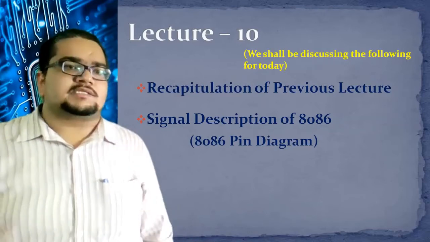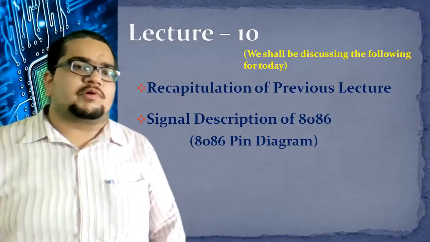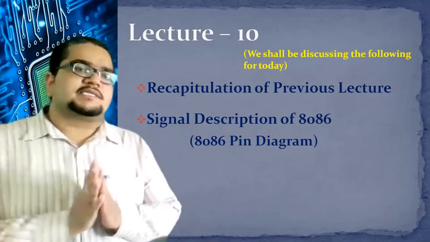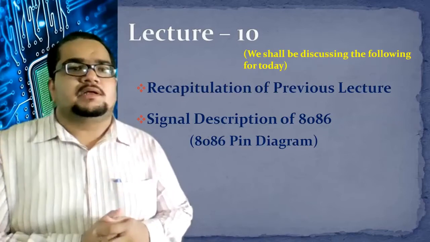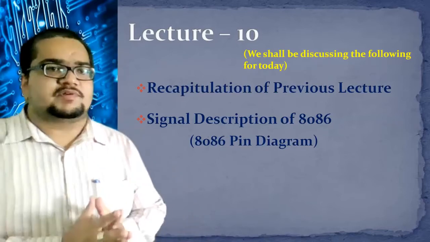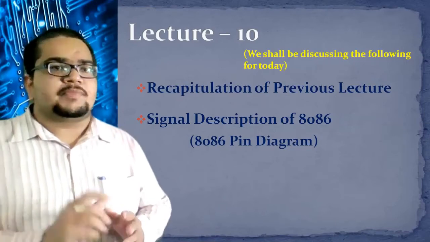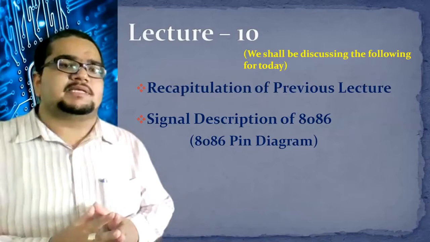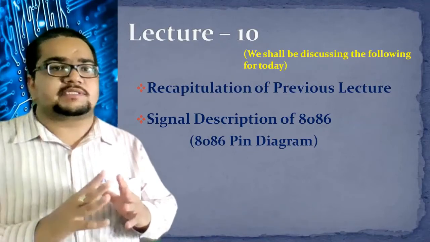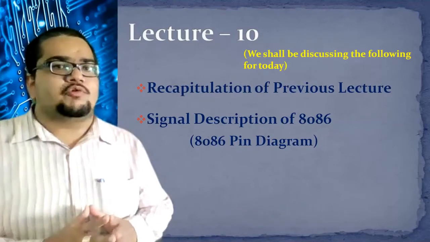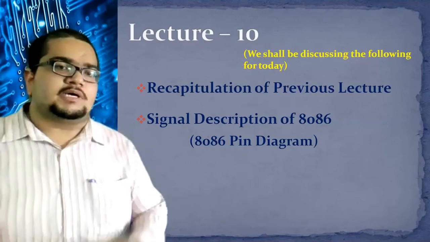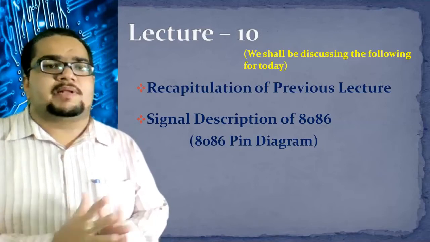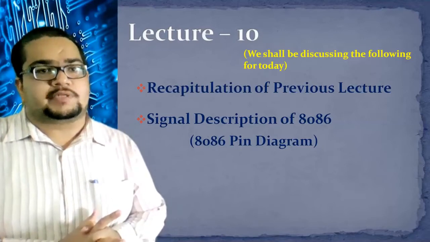Now, after that small recap, we will go into our next topic, that is signal description of 8086. Signal description means on that 40-pin 8086 IC, last time we have seen that 40-pin structure, each pin gives out or takes in some signal. What exactly that pin is, what signal it takes in or gives out, that is what we will discuss. Anyhow, the whole signal description of 8086 will not be completed in one lecture, so it will be divided into maybe 2 to 3 parts.